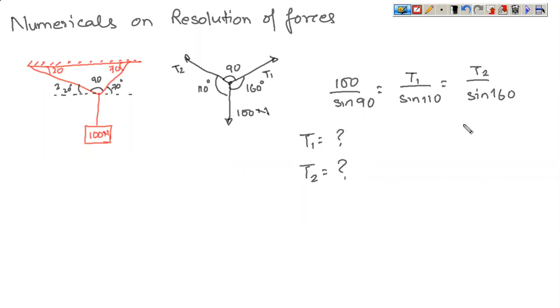So these two unknowns you can find out, and these two are the tensions in the wires which need to be calculated. So obviously you are having a coplanar, this is a coplanar concurrent force system. For a coplanar concurrent force system, you can at the maximum find out only two unknowns. So these are the two unknowns that you have found out. So this is one problem.